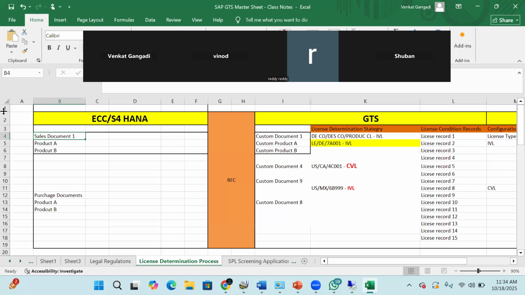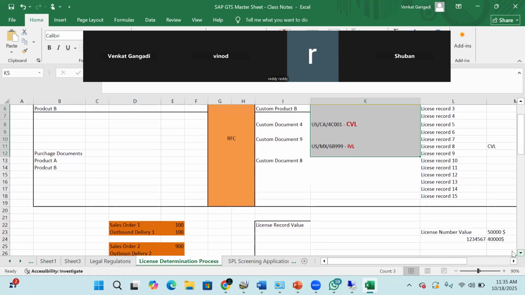Both are referring to the IVL. Let me put it this way. This key combination is not fixed to these three elements. The parameters that are being used in the license determination are not restricted to only three. It could be, let me write here, the key parameters could be,